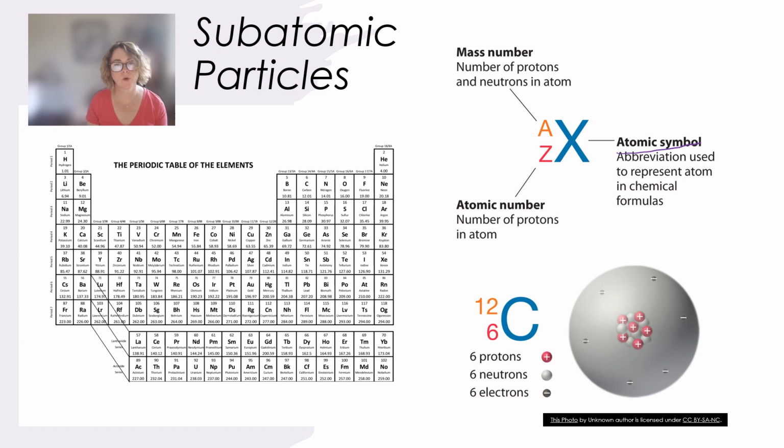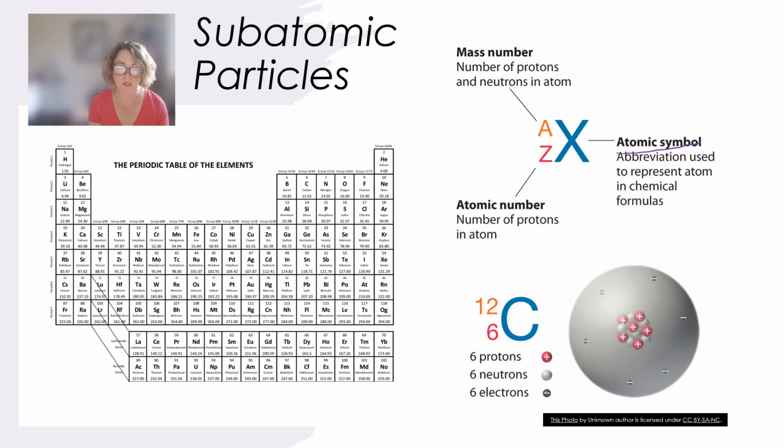Each element on the periodic table is represented by a symbol. For example, carbon is a capital C, neon is a capital N, lowercase e. And that just makes it a little bit easier for us in telling people what specific element we're talking about. The other two pieces of information that we're going to be talking about here are the mass number